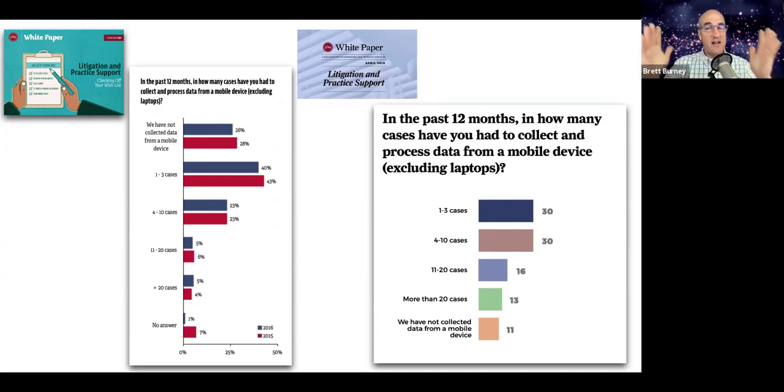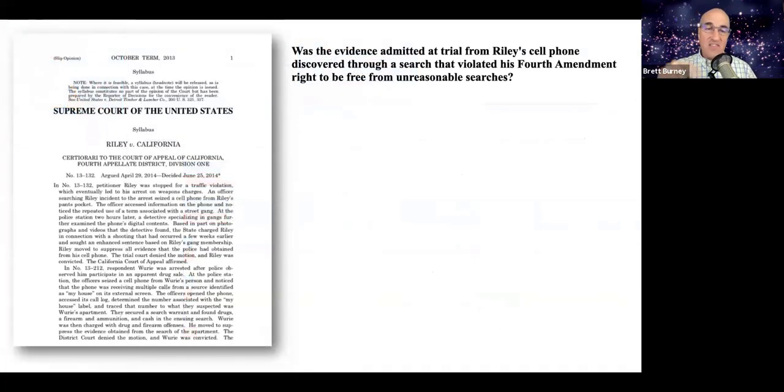In other words, it's not just 1 to 3 cases anymore, but if you look down to more than 20 cases there, that more than doubled. In other words, this is something more and more law firms are absolutely having to do. And the last quick little case opinion that I just wanted to direct you to and put some information on here